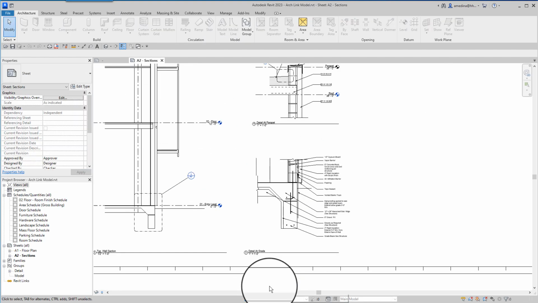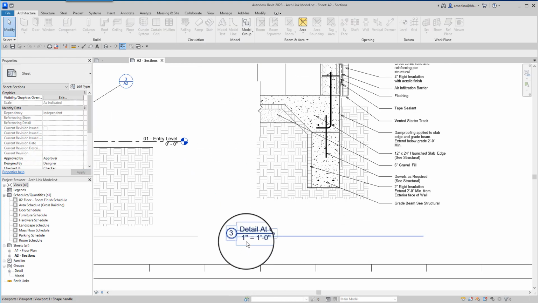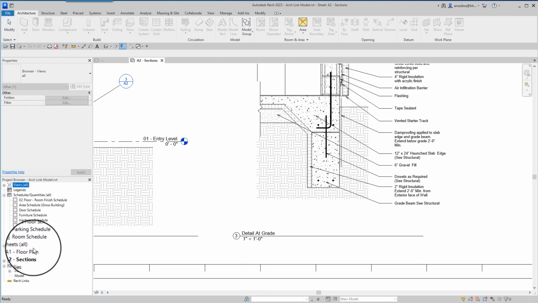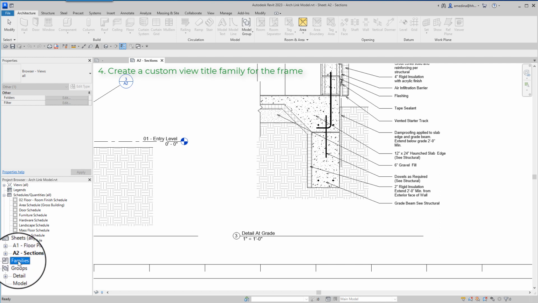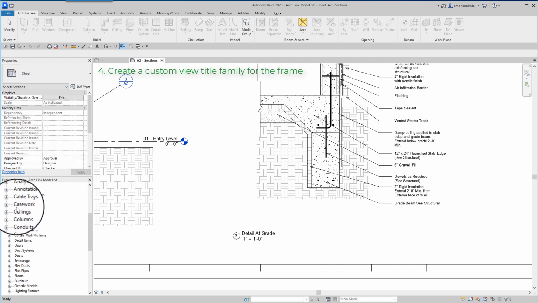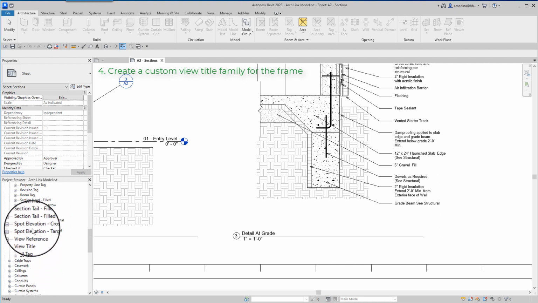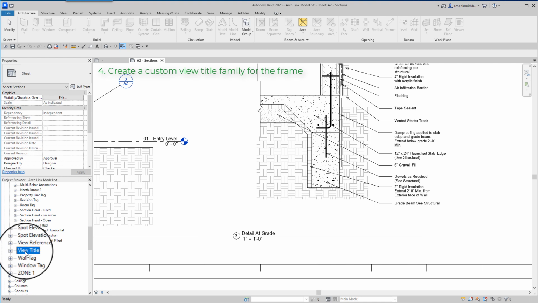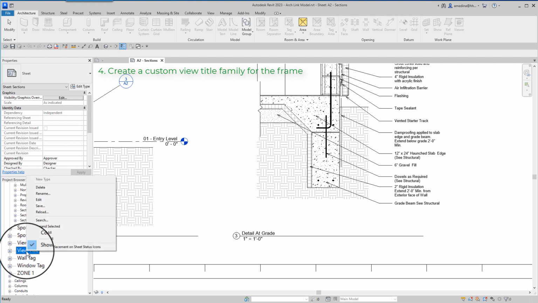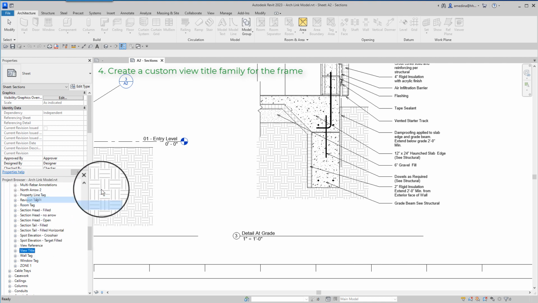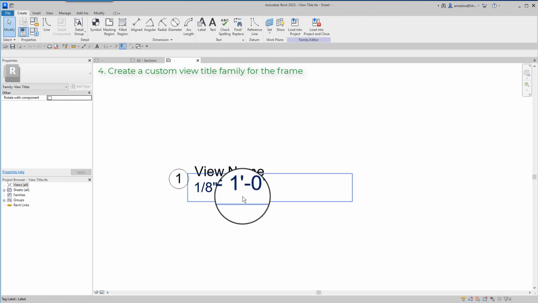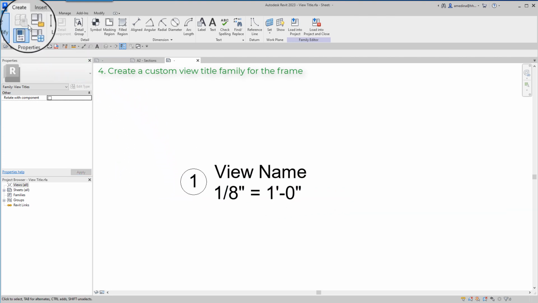And what I need to customize is the view title family. To do that, I go to families, annotation symbols, find the default view title family, which is this one, and right click, edit, and create my own family here.